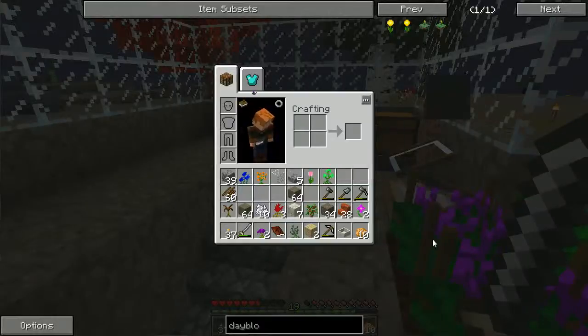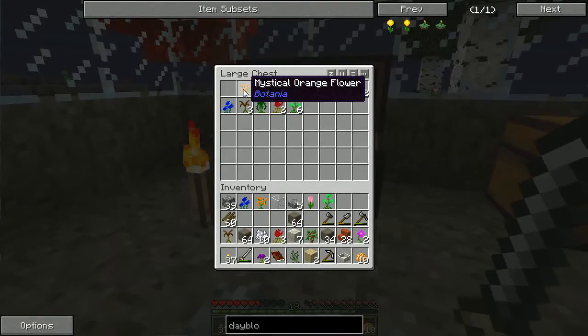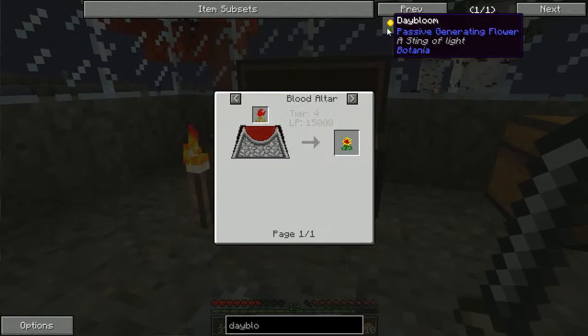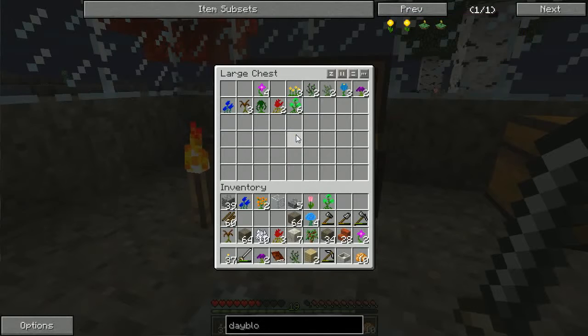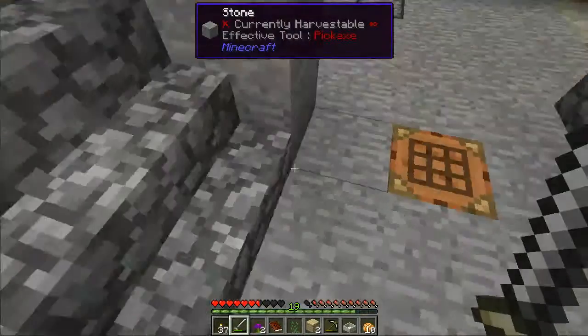Okay, did you give me any string? Nope, no string. Okay. So that was orange, light blue, and yellow. Great. Alright, so heading downstairs,